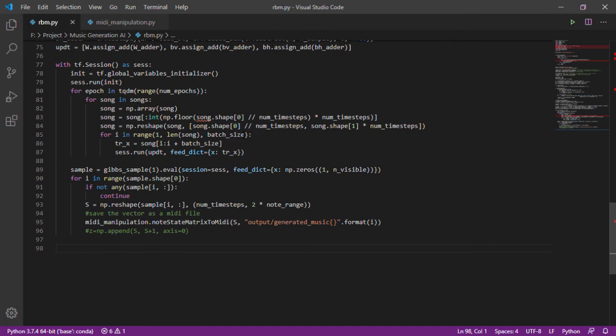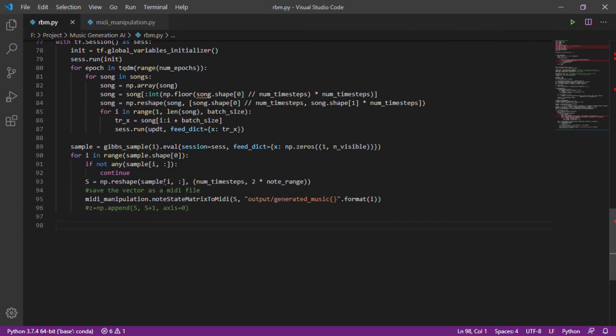Then we use these epochs to go through the dataset, and once the vector of the song is created, we will convert it to a MIDI file again. So once we create a vector using the decoder that I talked about earlier, we will create a MIDI file out of it, using the note state matrix to MIDI function that we had defined.